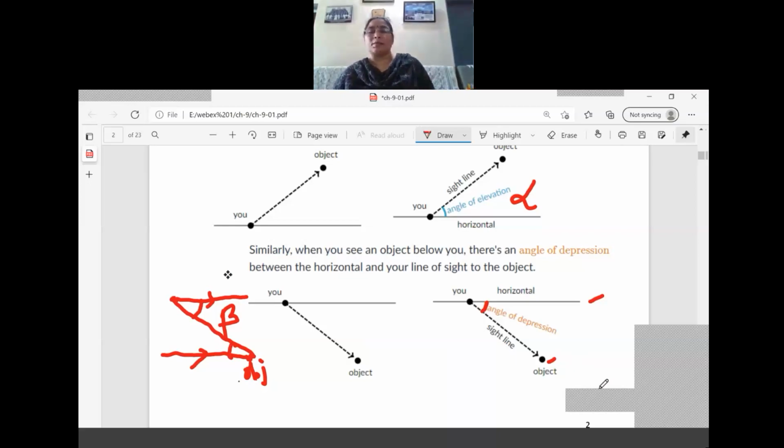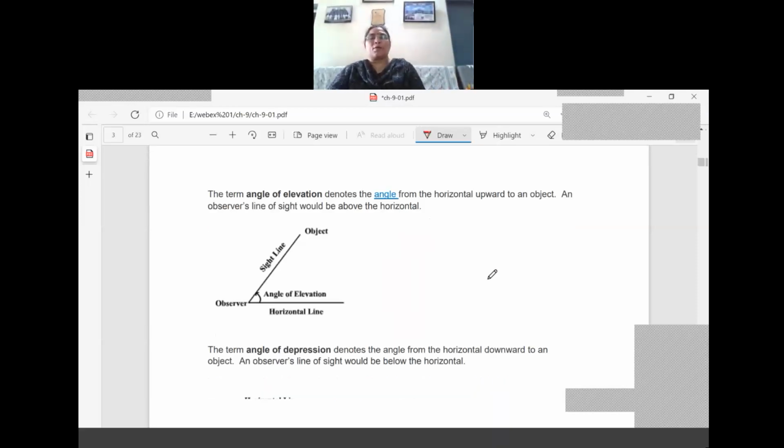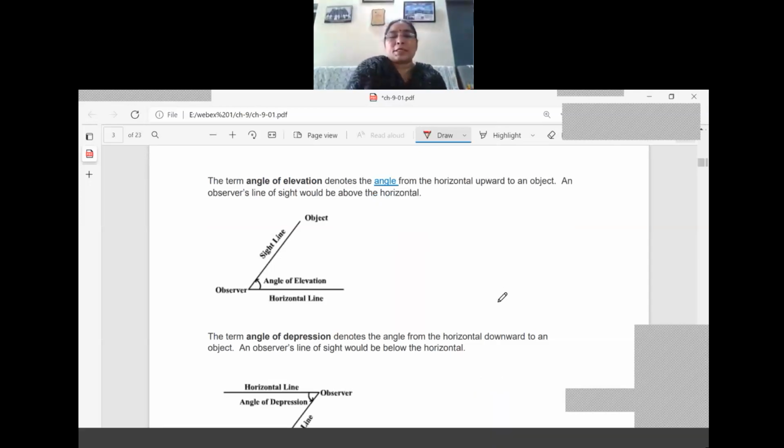So when we are doing sums in the problems, and we are doing the angle of depression, we must draw the horizontal line. So from the horizontal line and the line of sight, we have to make the angle of depression. So see the diagram, it is more clear to you. The term angle of elevation denotes the angle from the horizontal upward to the observed line of sight. So again we have drawn the angle of elevation. I'm giving one more explanation. Both the angles, I repeat, both the angles are formed between the line of sight and the horizontal line, right?